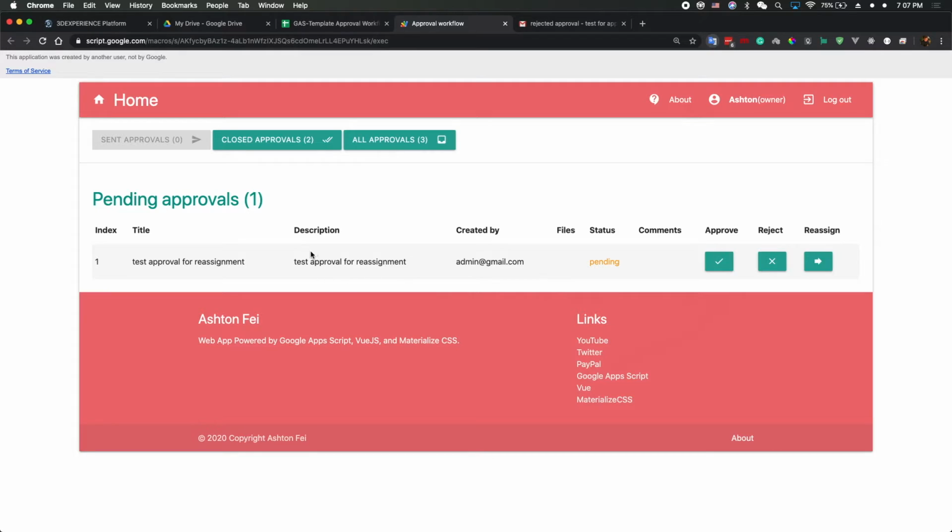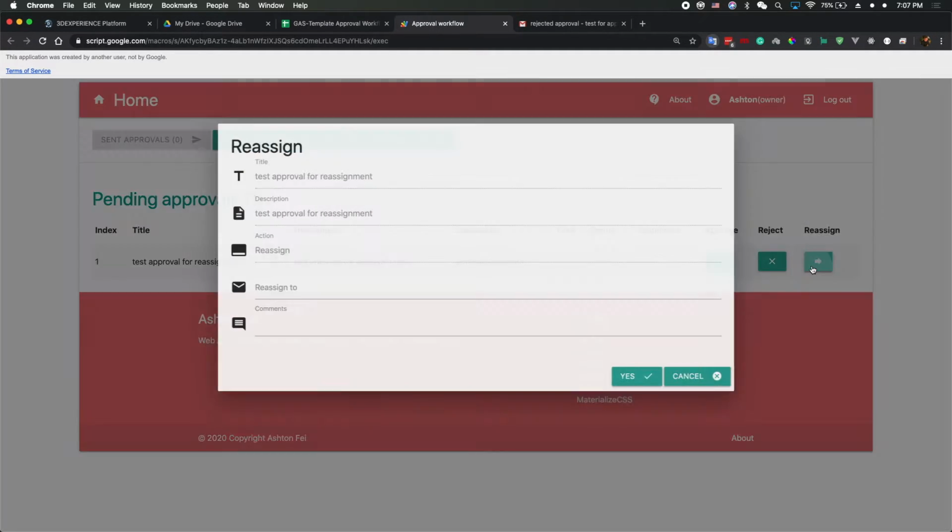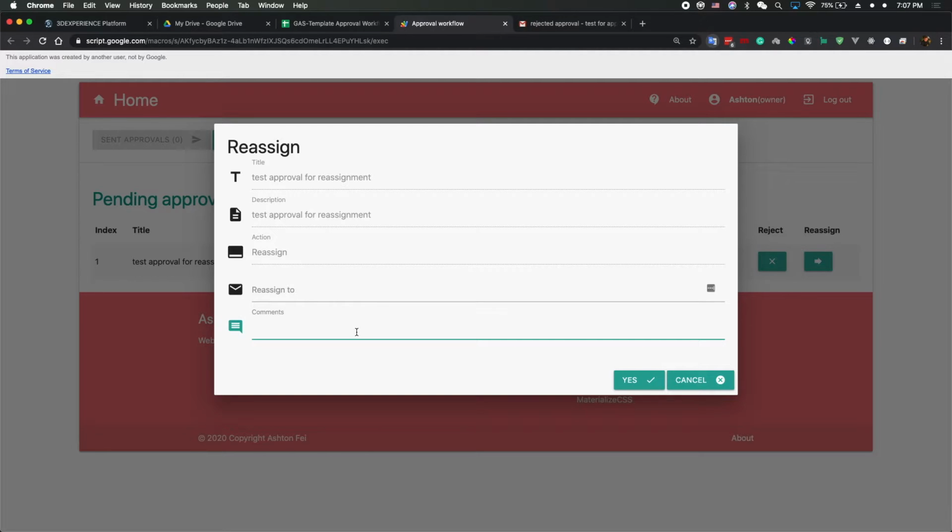If you are the first level approver, you can forward it with comments to the second level approvers. So you put the second level approvers' email address here, and